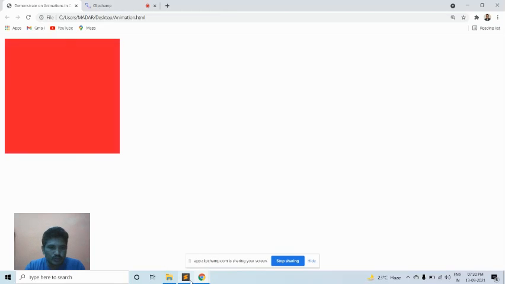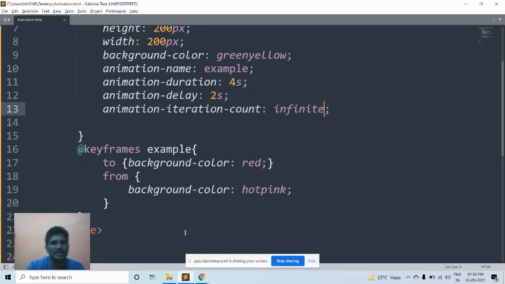Then I'll move back to the code. Okay, this is one thing. Then I want to add percentages instead of from and to. For example, 0% will start from here. Then the same thing I would like to use for 25%, because previously it was 0 to 100.